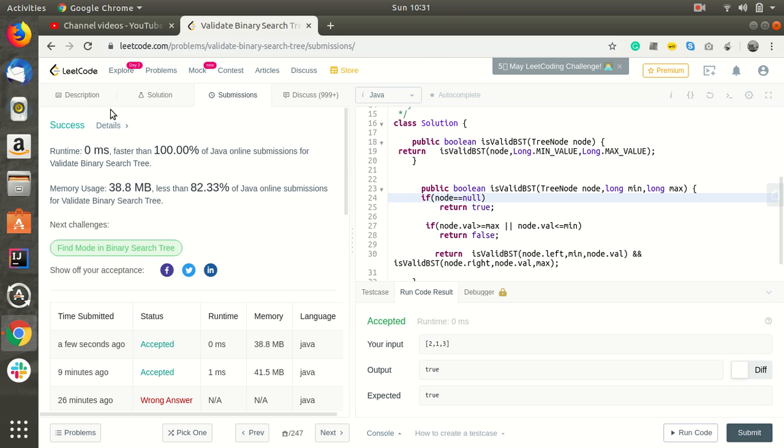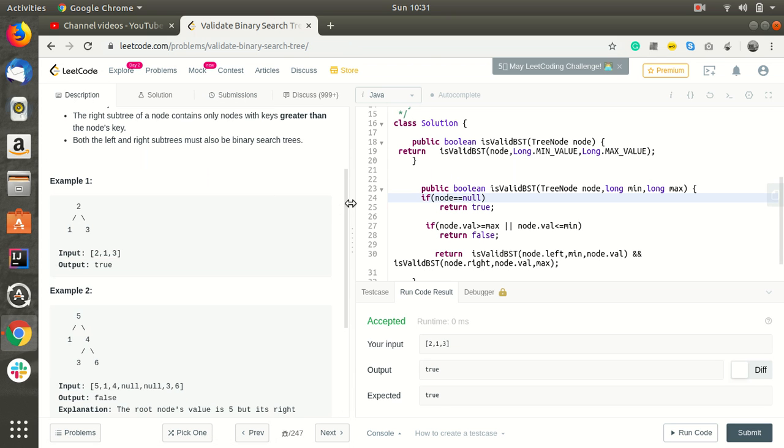Thank you. I'll explain again. For this, first it will check whether 2 is greater than or equal to max. No, it's not. And 2 is not less than or equal to min as well. So it will not return false, and it will now call the left subtree and right subtree.